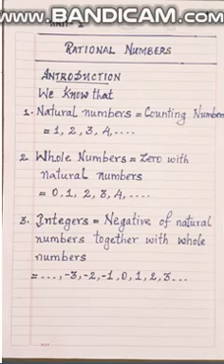Children, in 6th standard, you would have already learnt about natural numbers, whole numbers, and integers. To begin with, let us recall each one of them first. Natural numbers are counting numbers like 1, 2, 3, 4. Whole numbers are those numbers which have 0 with the natural numbers: 0, 1, 2, 3, 4 and so on. Integers are negatives of natural numbers together with whole numbers. So these are all integers, negatives of natural numbers with whole numbers.